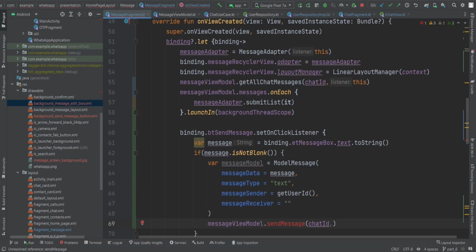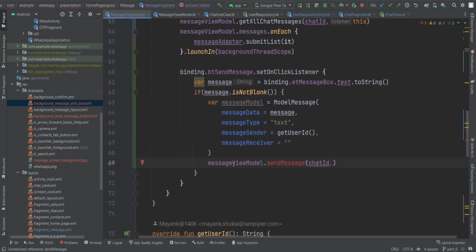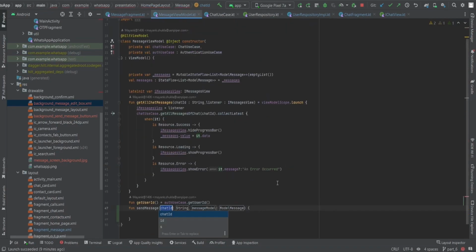And now we have this ModelMessage. viewModel.sendMessage with chatId and message model. Now let's create this member function here.